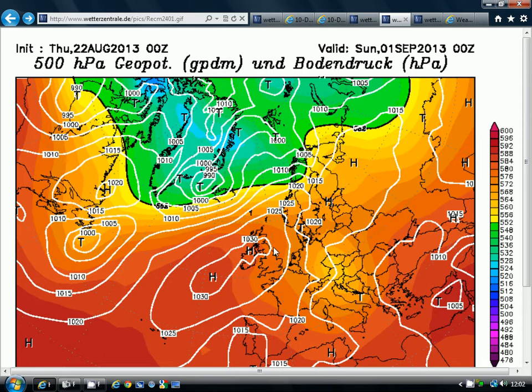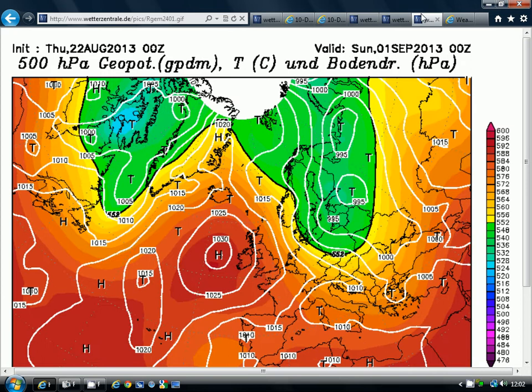Still more or less keeping it to the west, so it's still not particularly hot, but we're ridging the high pressure in there for the start of September, so that's quite pleasant. And from that, you would probably expect at least 2 or 3 days of high pressure dominated conditions. And then finally have a look at the GFS for Sunday the 1st of September, see how we start Sunday.